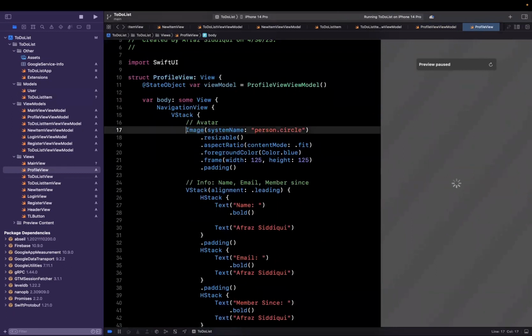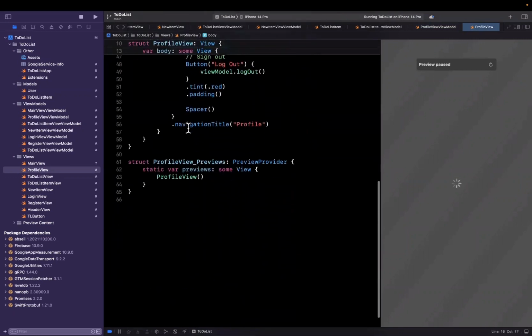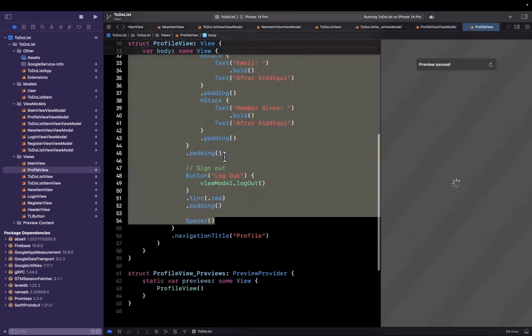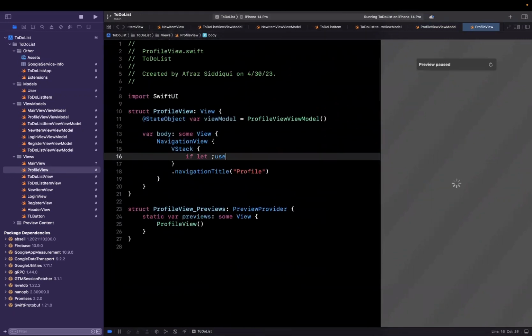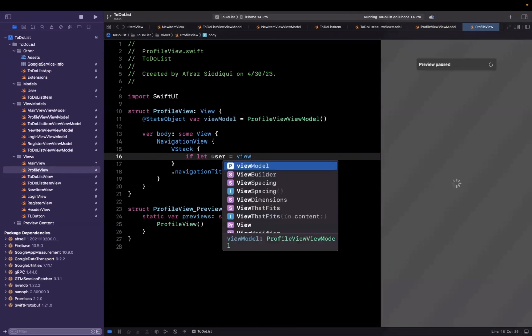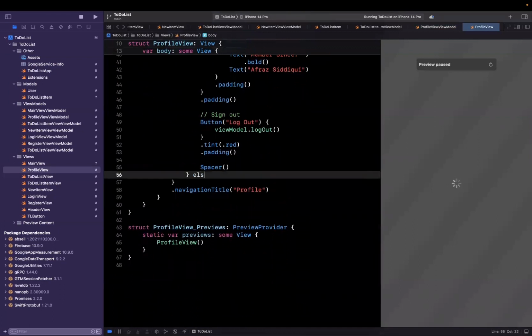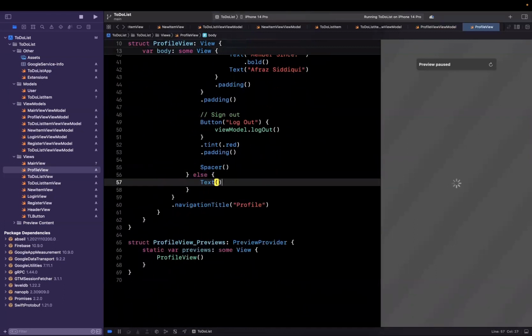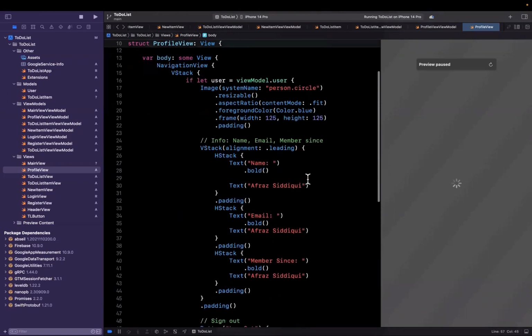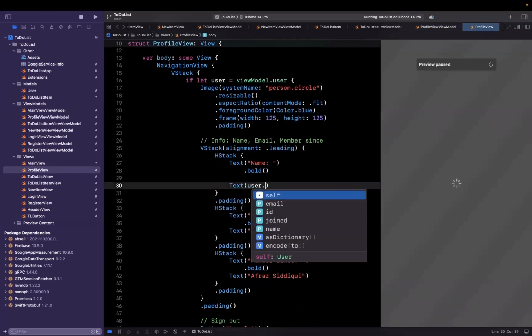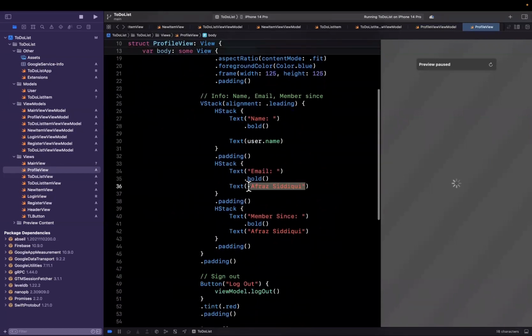So what we'll be able to do is the following. I'm going to say, let's take all of this, and I can say if let user = viewModel.user, we can continue. Otherwise, we want to show a label that says "Loading profile...". Now, once we have a user, instead of hard coding my name everywhere, we can say user.name,